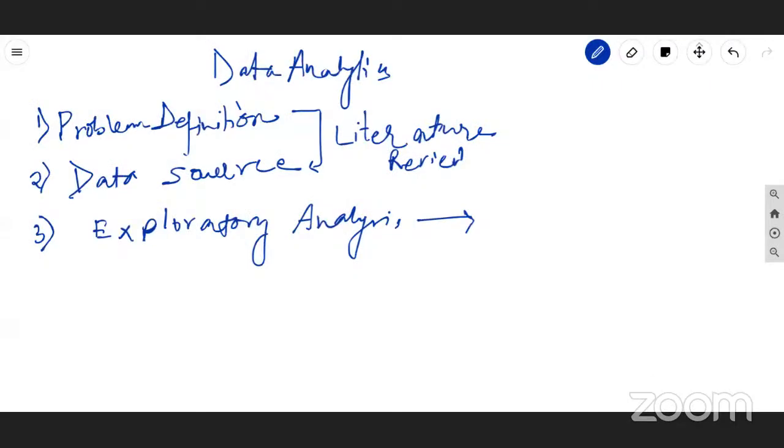That we call exploratory analysis. Okay. The fourth step,